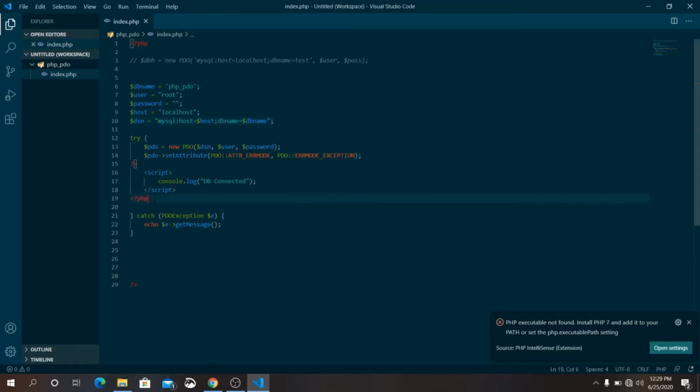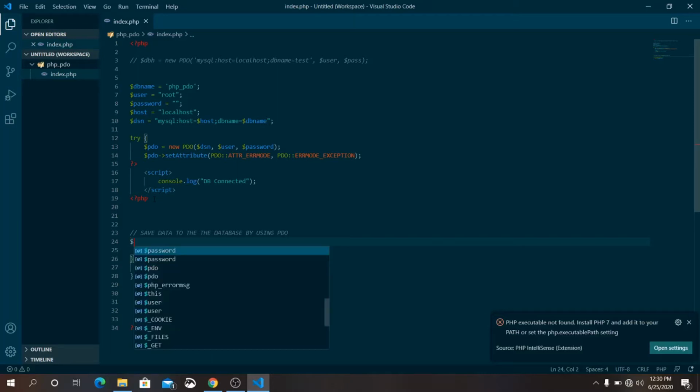Now what we are going to do, we are going to save data to the database. For saving data, the process is very simple. At first you need to make the query. Just write SQL. We are going to make SQL query. SQL is equal